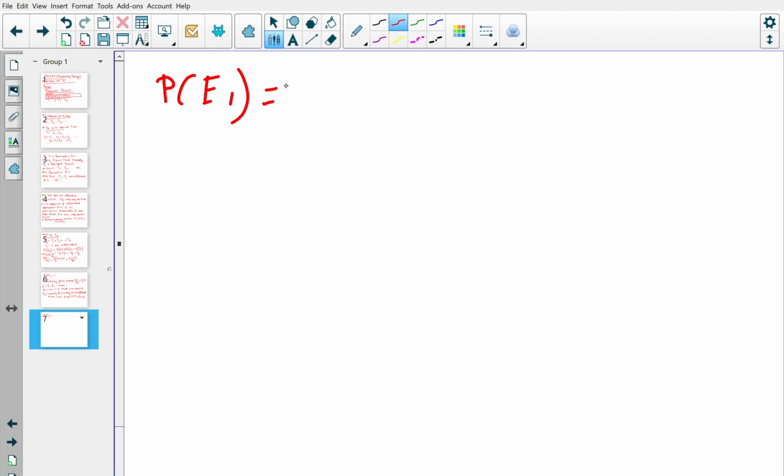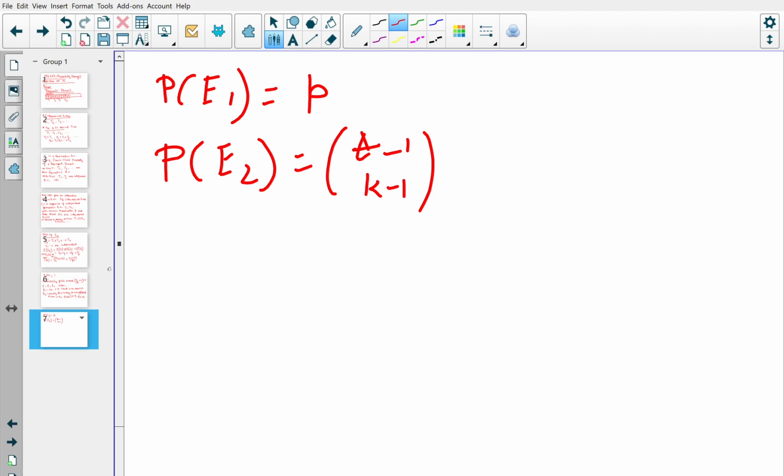Okay, and also one more thing: this t-th one is a success with probability p, so this will be nothing but p. And the probability of event E2 is that out of the first t minus 1, k minus 1 will be successes. Now how many ways can you choose your arrivals or successes? It is nothing but t minus 1 choose k minus 1, right? Out of t minus 1 you have k minus 1 successes, and the probability of success is p for each case, they are independent, so it will be p to the power k minus 1,